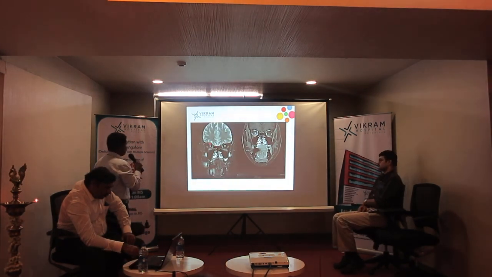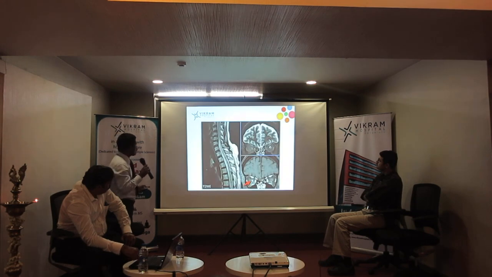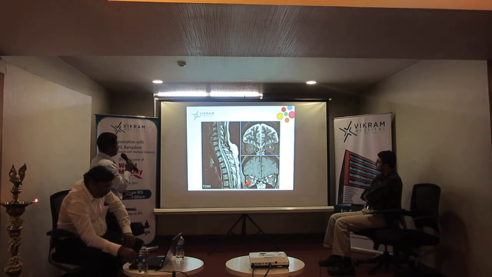Here's another example where this right optic nerve appears very bright, and after giving contrast, you can see this nerve is enhancing on the contrast and this nerve is not enhancing. So it indicates there is inflammation in the right optic nerve and involvement of the optic nerve. Here's another example where the spine is involved, the right optic nerve is swollen and it's taking the contrast. Here it's not taking the contrast. So all the three structures are involved.